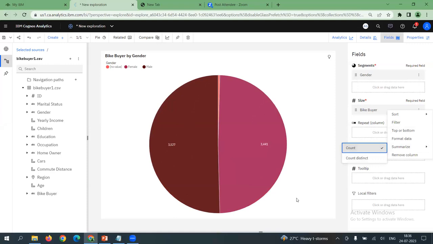Now, could you see here? There are two distributions in the pie graph. One showing the number 3,527 on the left hand side, which is the male category as per the legend's color code. One on the right hand side in pink color, 3,441, saying that it is female. So the pie chart could study the distribution of male and female buyers, male and female respondents. But I have a question of concern here for our participants.